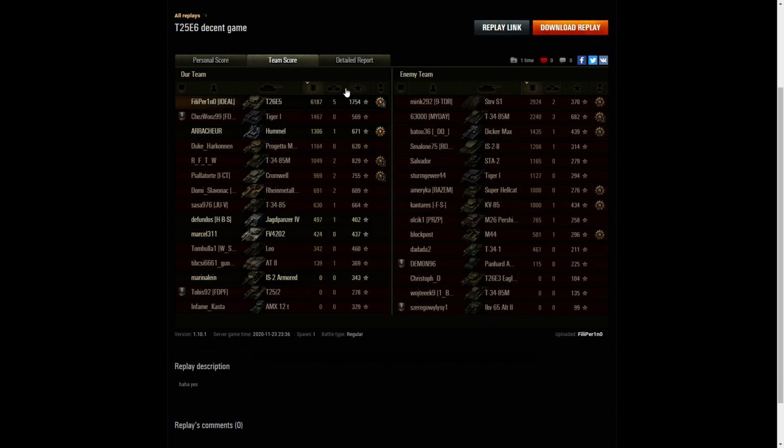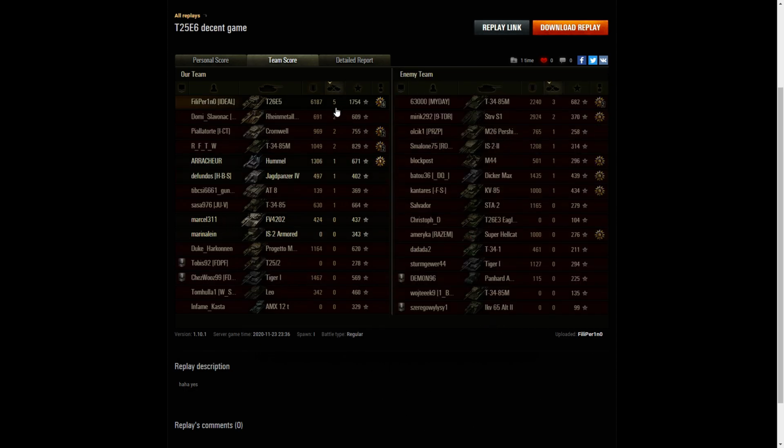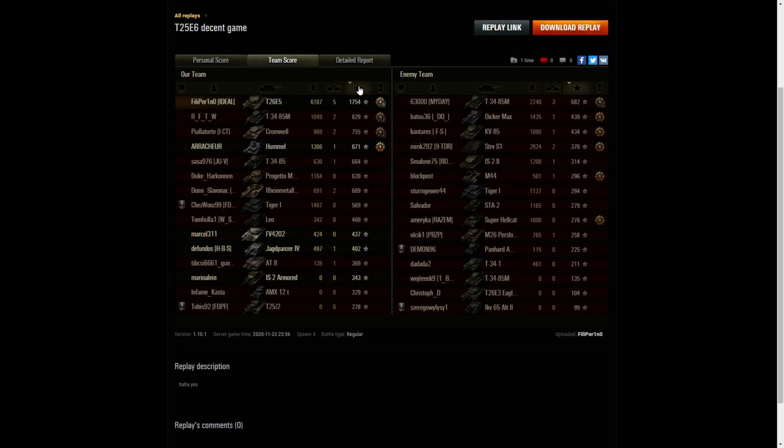So if we look at the number of kills, we can see it was again FiliPer1n0 with 5 kills, one short of that top gun, as I said. And when it came to base XP, 1,754. The next highest scorer was the T26E5 on his own team with 829, less than half the damage, half the base XP that FiliPer1n0 managed to get. He did most of the work in that game